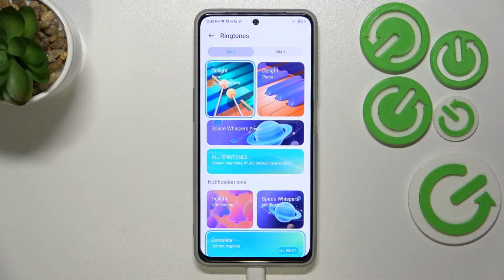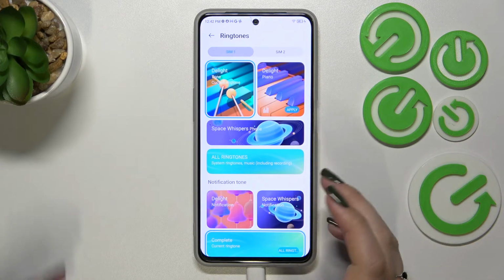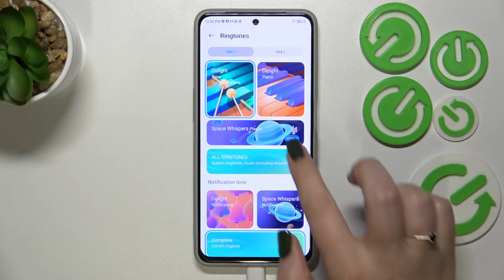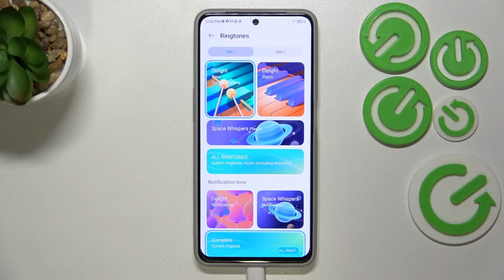As you can see here, we've got three different highlighted options from which we can choose. Of course, we can listen to them. Just tap on it, and I hope that you can hear it. I don't want to volume it up, as it will disturb us. So you can check those three if you like them. You can turn them off just by tapping on them again, but if you don't like them, just tap on